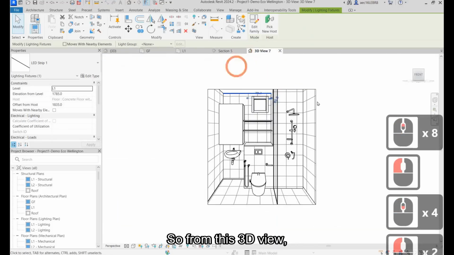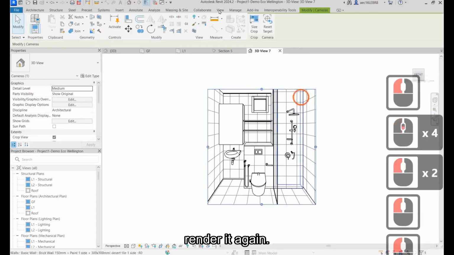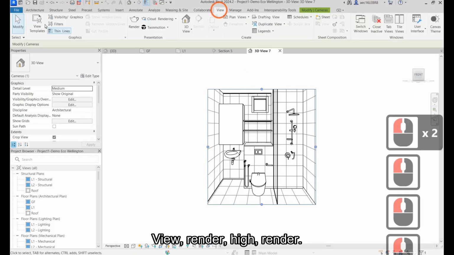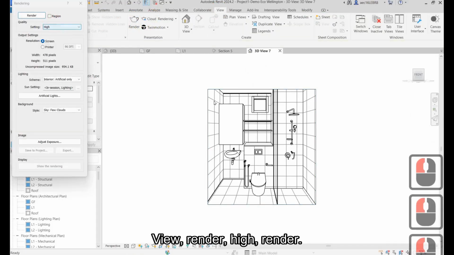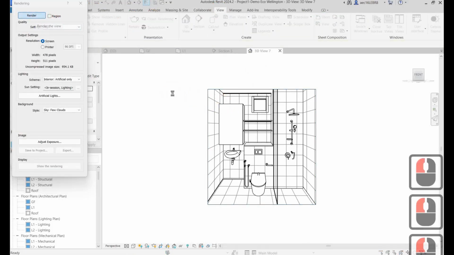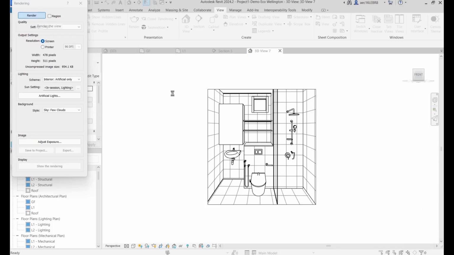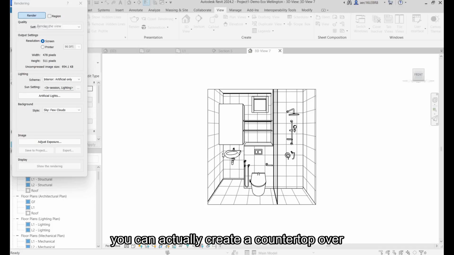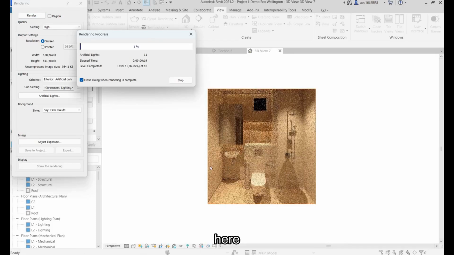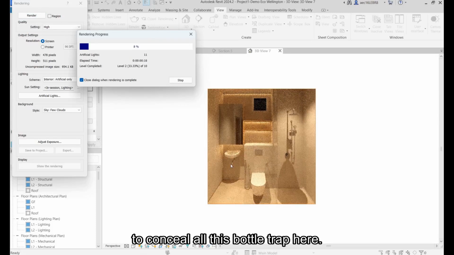Okay, so from this 3D view, render it again, view, render, high, render. Then if you have more budget, you can actually create a countertop over here to conceal all these bottle traps here.